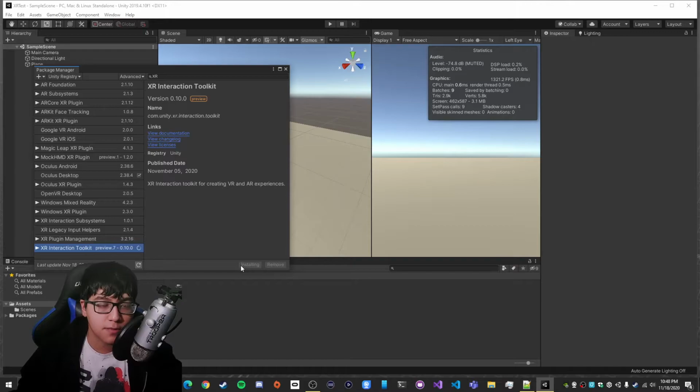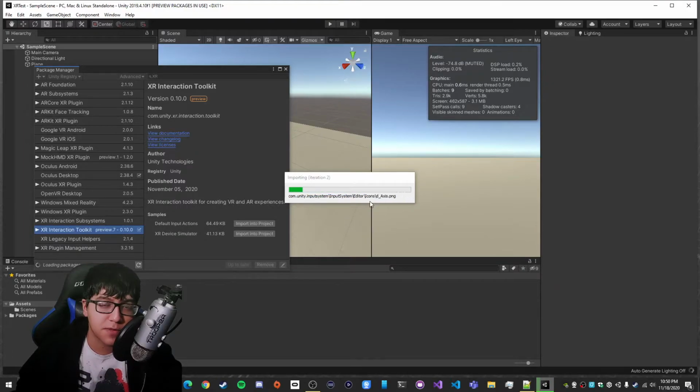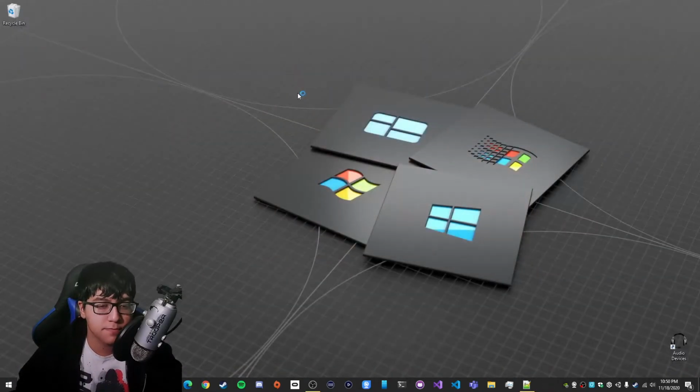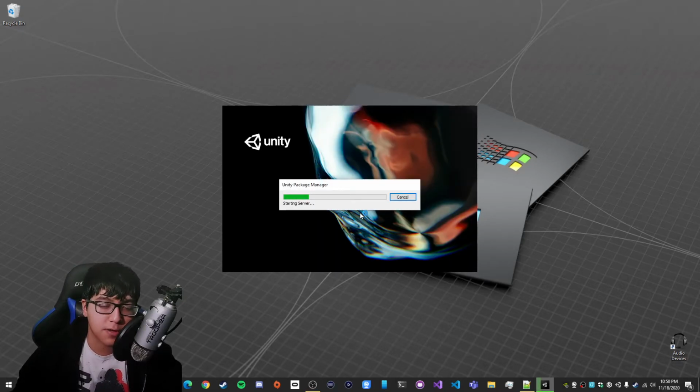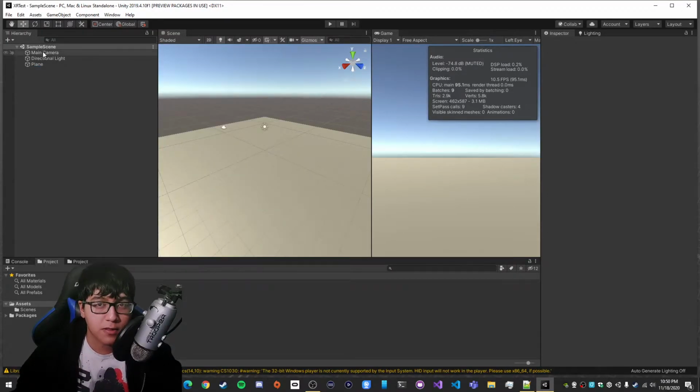So we're going to use this. So click install. So when this warning comes up, or if it does, just make sure you click yes. What that'll do is it'll update the backends and make sure that your input API is up to date. So just click yes. In this case, it's restarting my project. That's okay. And after that, just go ahead and X out, right click on your main camera,